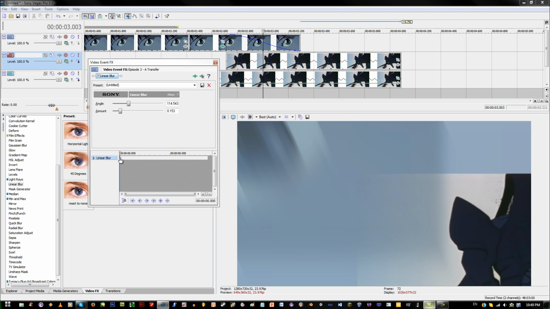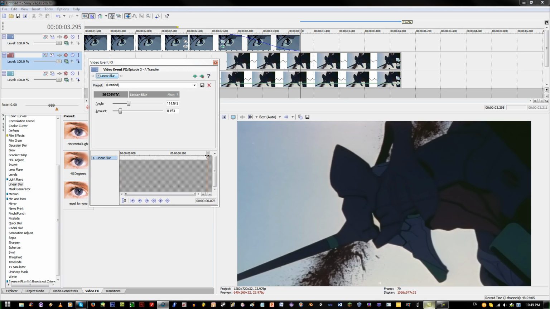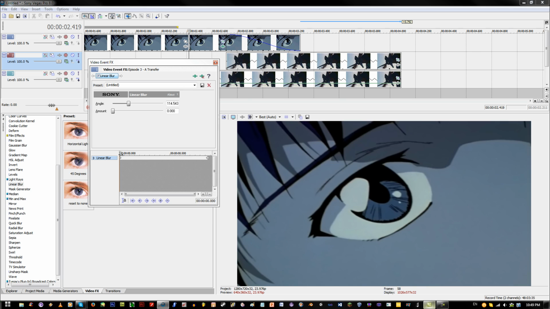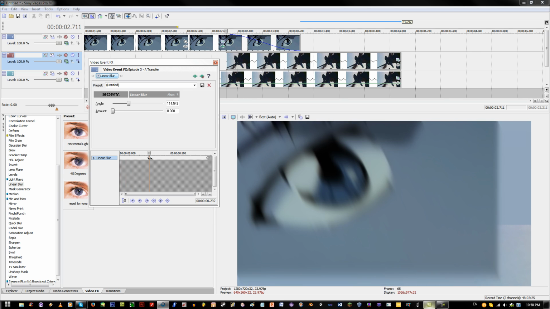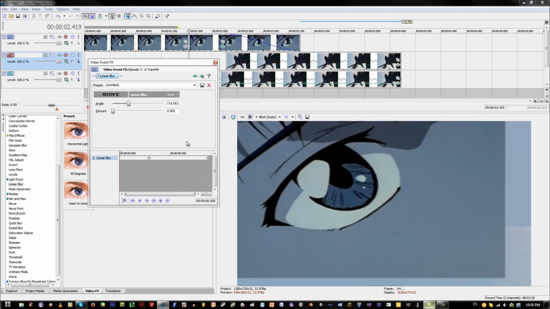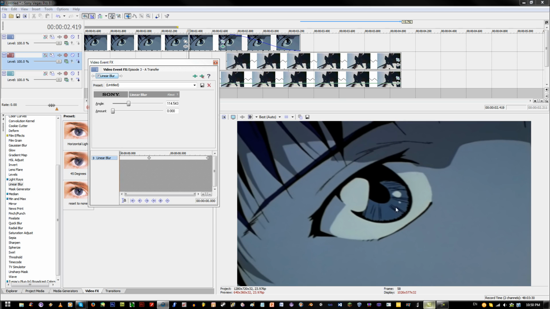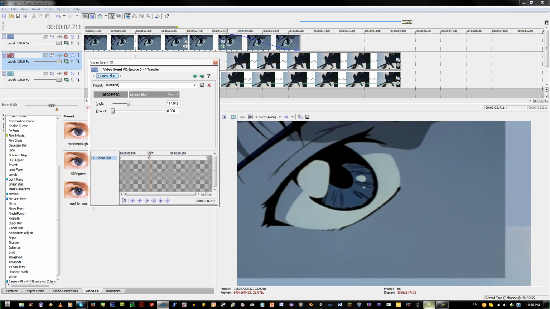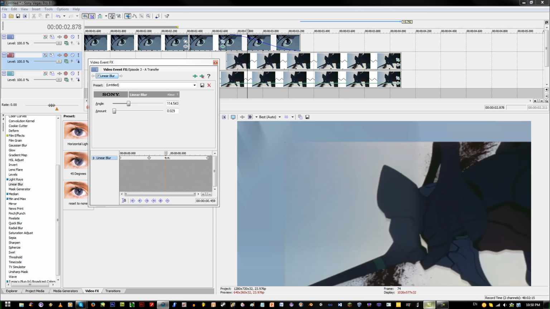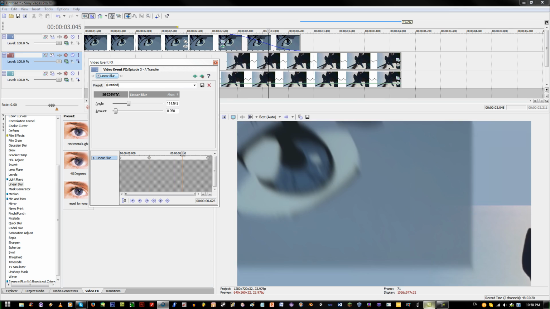And kind of blur it out is what we want to do. So one thing you should know about linear blur though is that if you use it, even if it's off, it gives a slight blur. It's really, really easy to miss, but if you have one very slow zoom or something and you're using a linear blur on that, it will basically act like a really light Gaussian, or Gaussian. I don't know if it's Gaussian or Gaussian, but